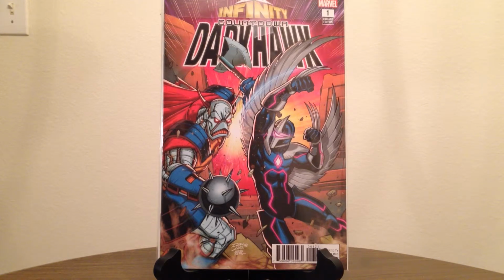And I still have them in a back issue box somewhere in the closet. But I just really loved it. And I was always kind of disappointed in what they did when they did Death's Head 2, when they kind of killed him and sort of transferred his personality into a different body. But it wasn't really the same. It wasn't the same character. And